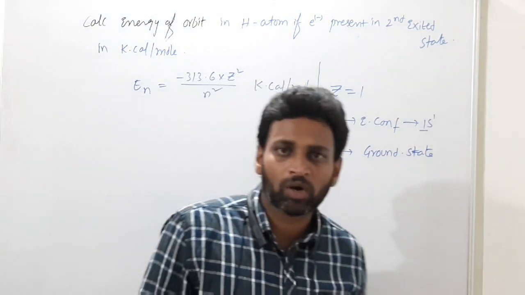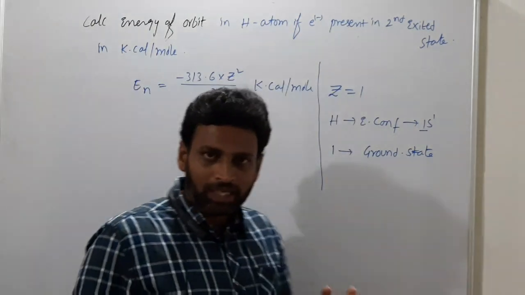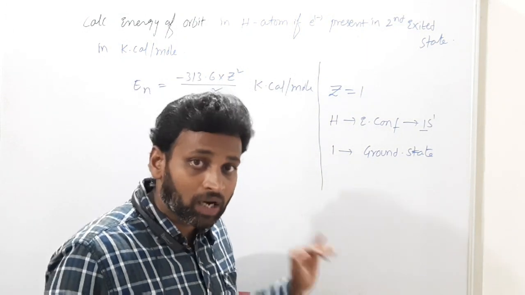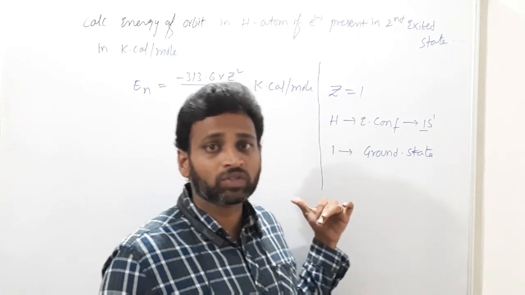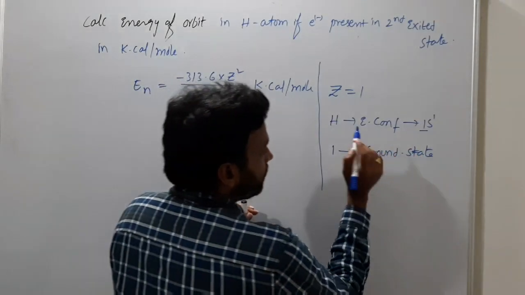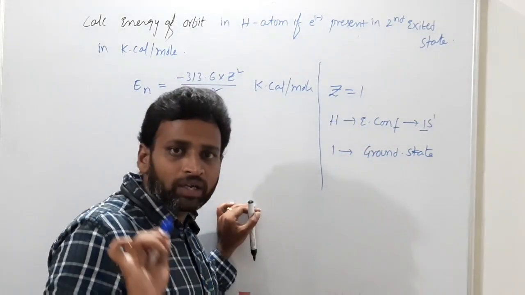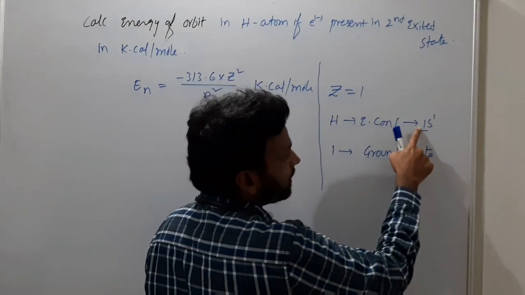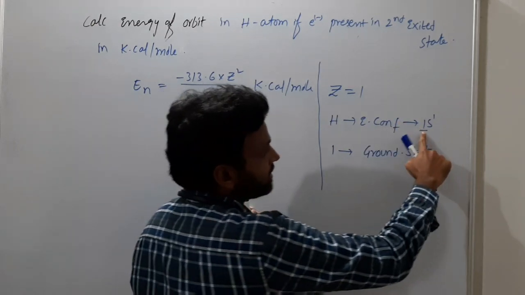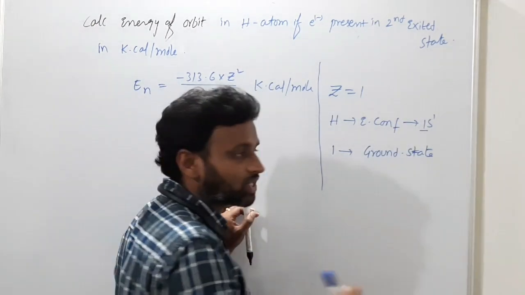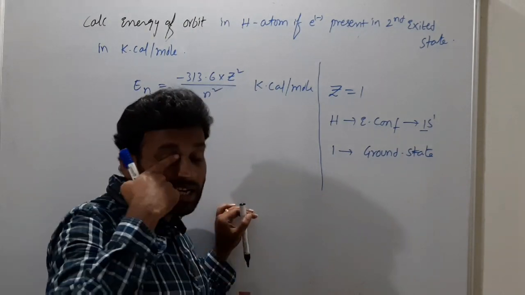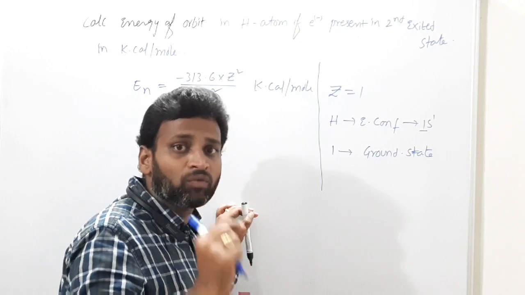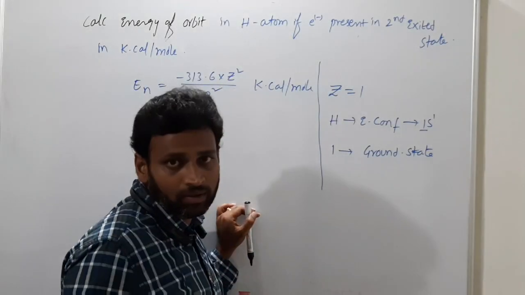Listen to this carefully. This topic is very important. Of course, I will explain it in our electronic configurations topic, but now it is better to understand it for solving this numerical. In the actual electronic configuration, the electron is present in what number? First, 1s1. The electron is present in which shell? First shell. The last electron actually. The last electron is present in which shell? That is called the ground shell.